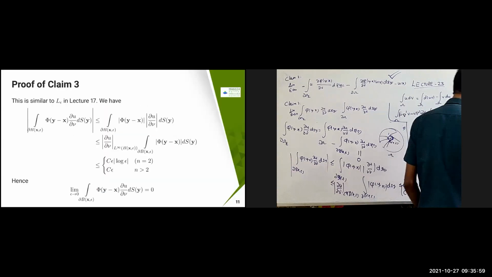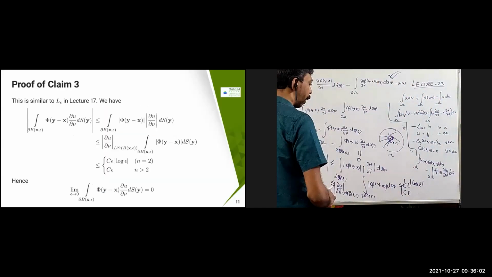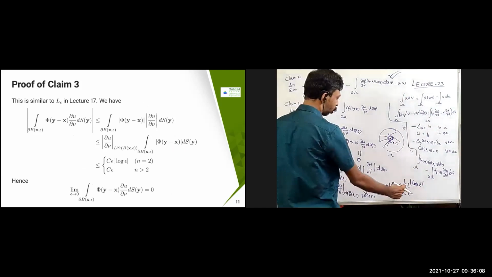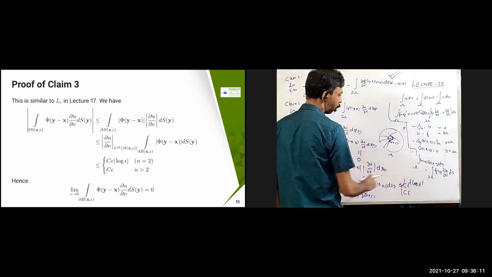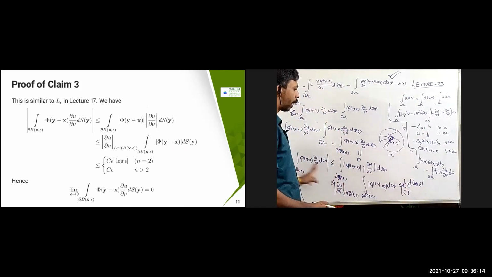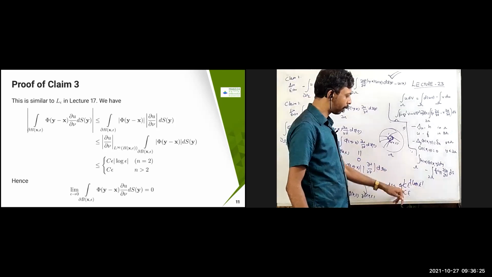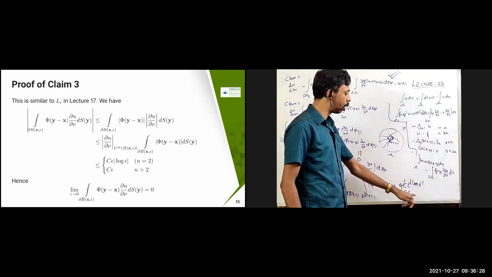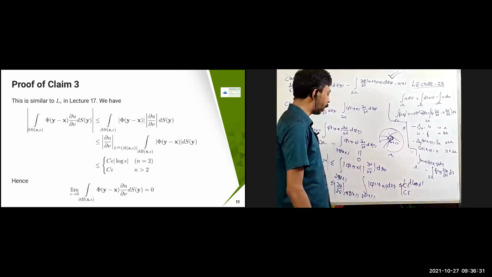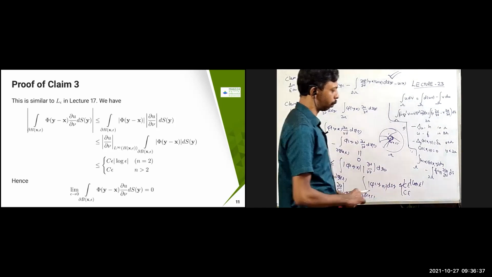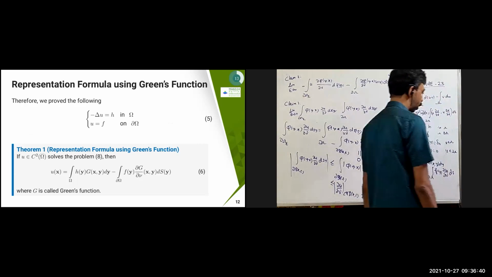Using that, as epsilon tends to 0, this modulus is going to be less than or equal to 0. But this is a positive quantity, therefore it is greater than or equal to 0. So greater than or equal to 0 and less than or equal to 0 simultaneously as epsilon tends to 0. That means the quantity becomes 0. This is a modulus quantity, C epsilon, both the places epsilon is there. Therefore, as epsilon tends to 0, this is 0, and this is also 0 irrespective of n. So this modulus is less than or equal to 0, therefore it becomes 0. So our proof is done.